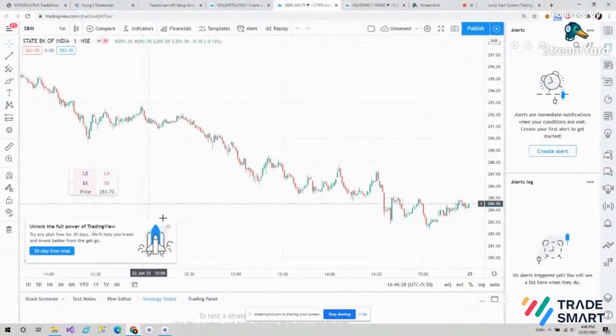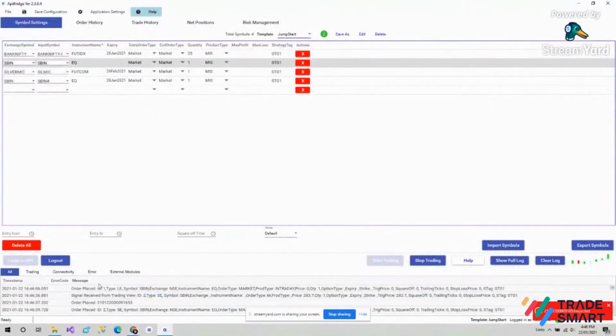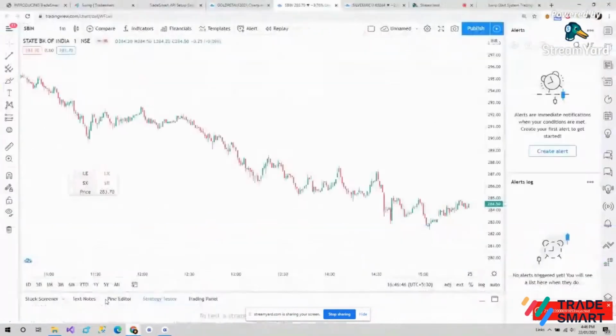Now, if I wanted to send a sell signal, if I wanted to sell SBIN on the spot, I would click on SE, and you can see I got a rejected pop-up here. So this is how you can send signals manually. Now, if I have to set up automation,